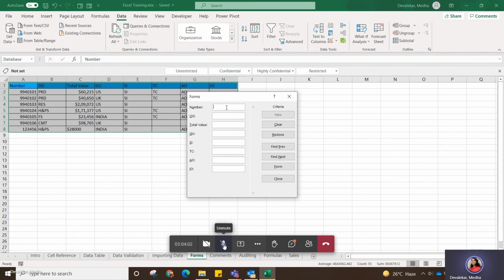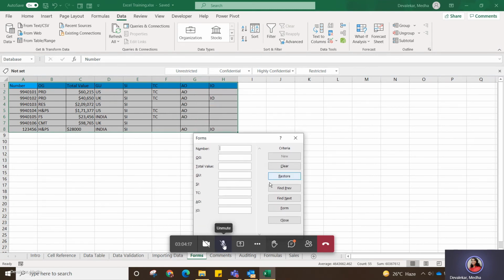Then criteria, maybe you know some number, or if I want to see IO, where is IO written? This is my criteria. Then I'll select this IO and click on find next.